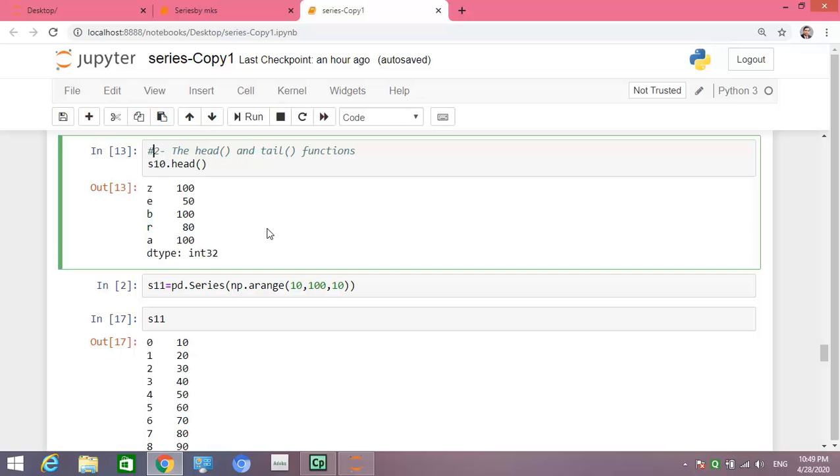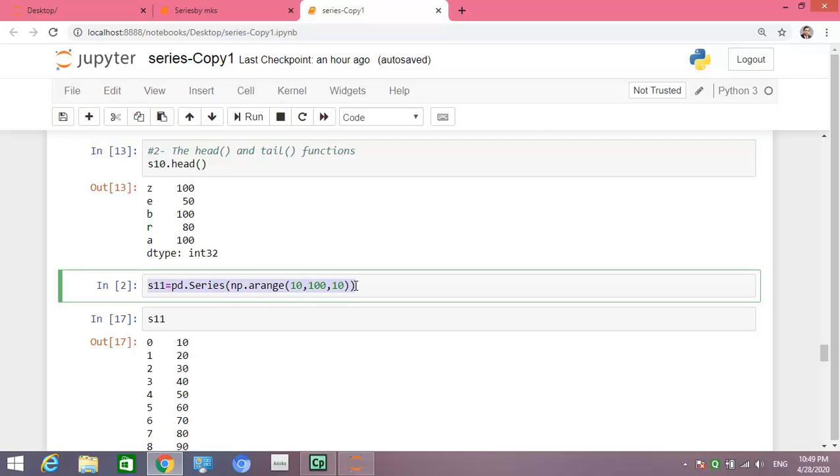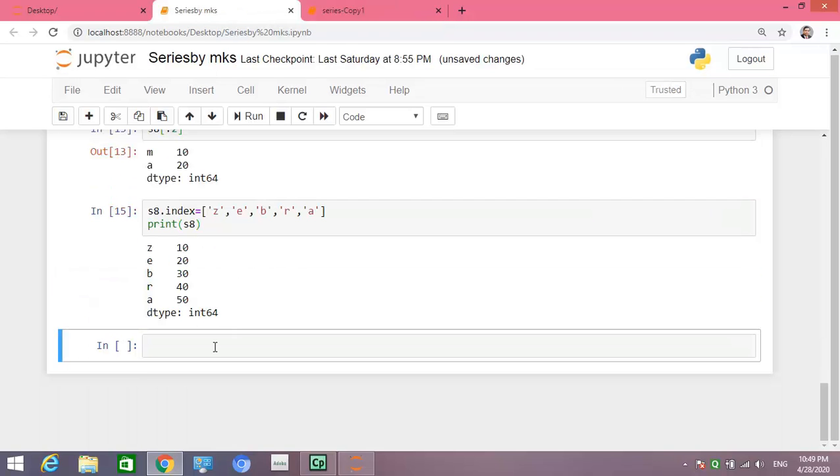Suppose we want to create a series with 10 values or 20 values, any number you can take.